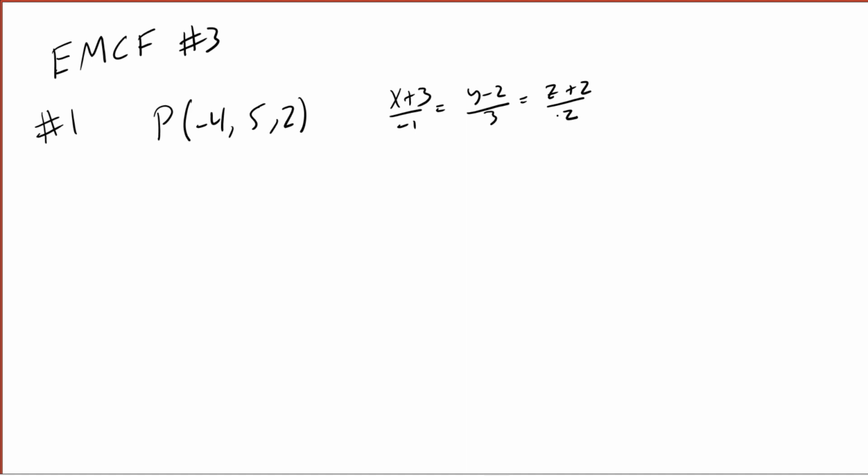Okay, so remember that this is a line in symmetric form. I want the equation of a plane, so that means I need a point on the plane. I have that. And I need the normal vector. To get the normal vector, what I'm going to do